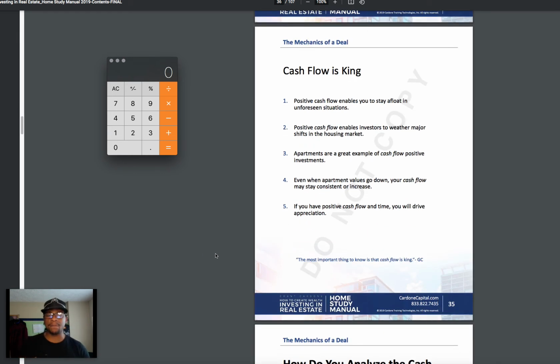And then if you have positive cash flow and time, you will drive appreciation, okay? Another thing that also correlates into the Web3 space and cryptocurrency is network mass adoption. This is a new technology, and it requires more people to participate in the ecosystem. And as more people purchase and use and set up a crypto wallet, more people start using yield farming, dApps, decentralized applications, more people start buying nodes to create a node for the transactions,